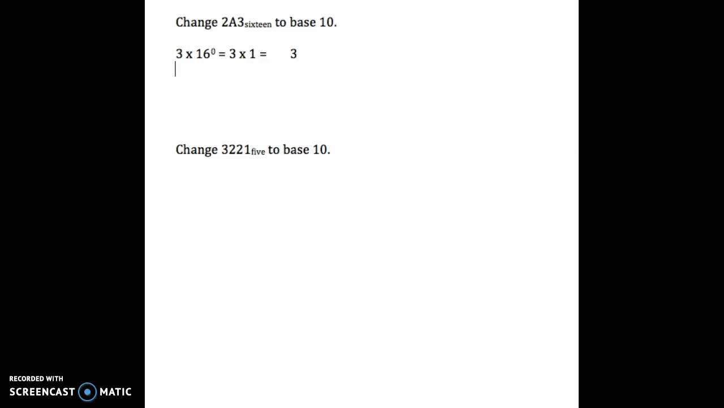Now we're going to go to the next place. I have A in the next place. Well, in base 16, we know our digits are going to go 0 through 9 like usual, and then since I can't fit 10 into one place, we're going to start with letters. So A is 10, B is 11, C is 12, on up to 15. A is 10, so